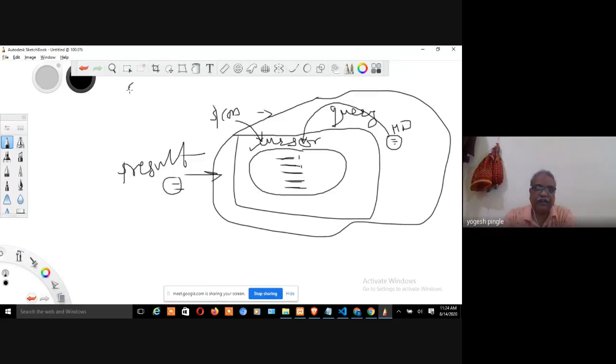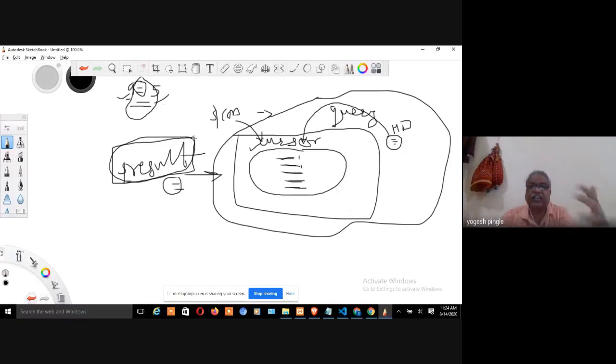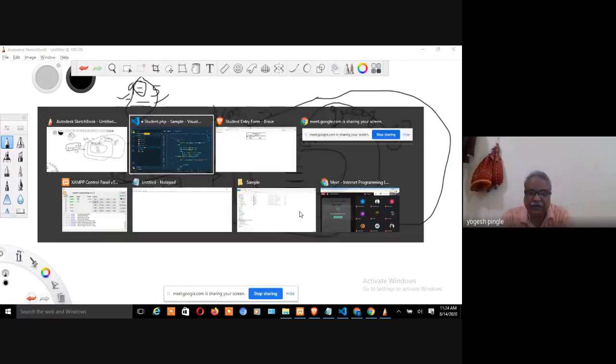We know it. Okay, again I am telling you, a equal to 5 means what? 5 is in one memory, a is in another memory, and this is the assignment operator. It is also pointing. So a knows the address of 5. This is the meaning of equal to. The same thing is over here. This $result is pointing to this particular query section, right? Now why this? Because this variable is only going to fetch the record.